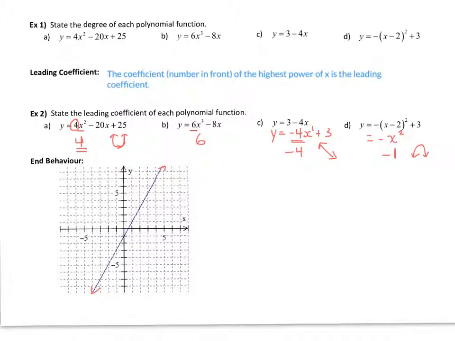Okay, so the coefficient, or the number in front of the highest power of x, is the leading coefficient. And again, that's a reason why we write things in descending powers of x. So that first coefficient is our leading coefficient. It's the one that leads the pack. All right, we're going to talk about end behaviors, but before we talk about end behaviors, I want to define